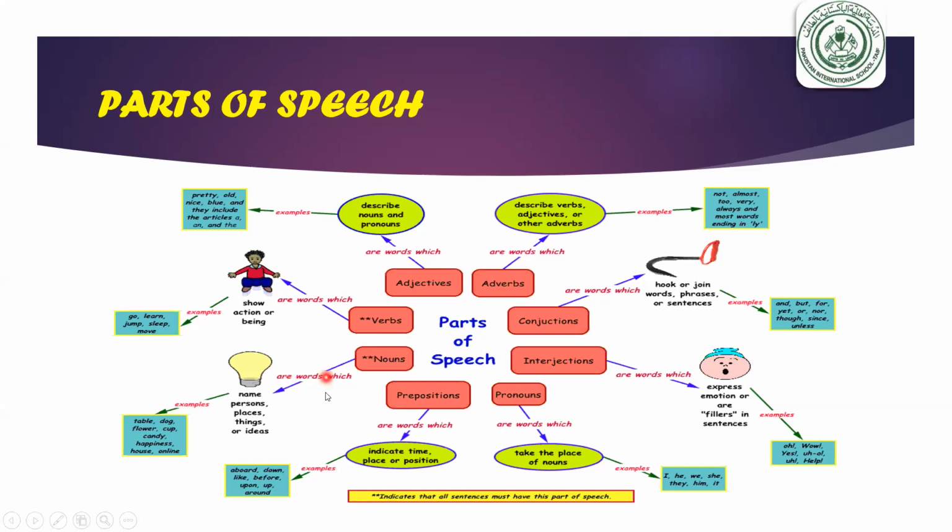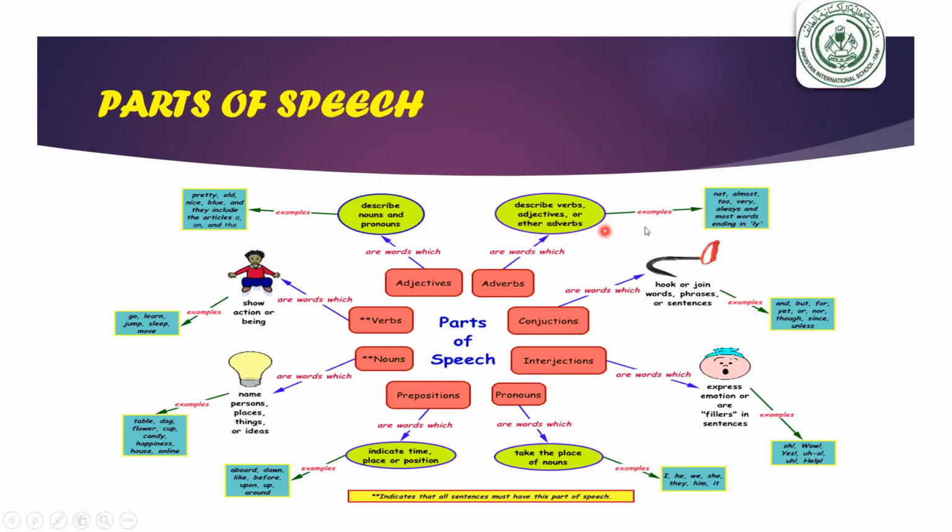Here we say nouns are words which name a person, place, thing, or idea. Example: table, dog, flower, cup. After the nouns, we have verbs. Verbs are words which show action or being, like go, learn, jump, sleep, move. These are the verbs. Adjectives are words which describe nouns and pronouns. Adjectives are called describing words as well. Pretty, old, nice, blue, like this. Then we have adverbs. Adverbs are words which describe verbs,